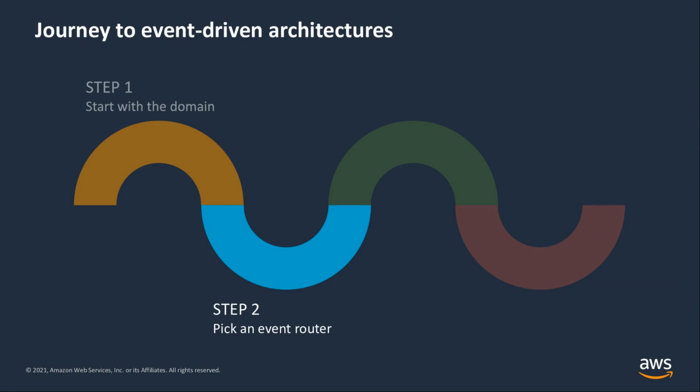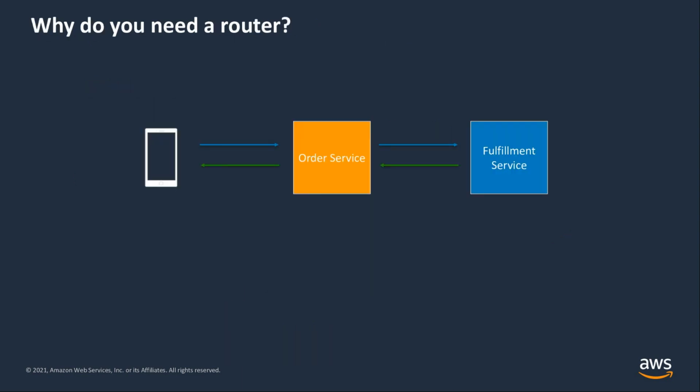Okay, so we talked about domain-driven modeling with events, and now we need to talk about event routing. So why do we need an event router? Imagine we have just two microservices in, say, an e-commerce application, which is rarely the case, but this is just a toy example for this lecture. Here, where the order service and the fulfillment service consume each other, we can keep it simple with a direct post of events between those services. But this can quickly get complicated if, say, new consumers also start producing events for other consumers.